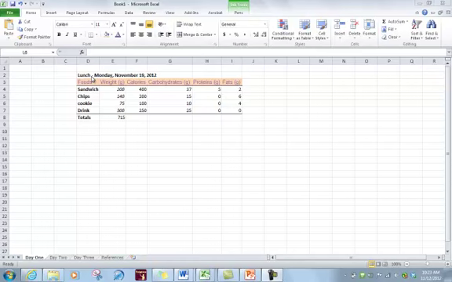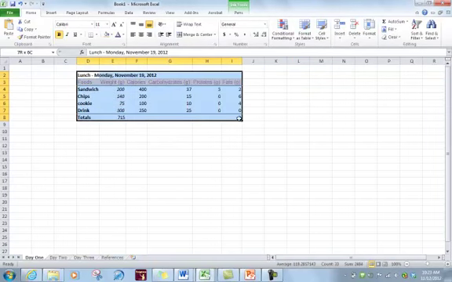First of all, you can use your copy and paste function here, just like you can use a copy and paste function in Word or in PowerPoint or other Microsoft products. So I can either select the cells that I want to copy or the entire worksheet. When I select the cells I want to copy, I'm going to start in the top left cell that I want to select, and I can just drag my mouse so that I highlight all the cells I want to copy. And if I go up to the menu at clipboard, I click the copy function, or I can use Control-C, hit copy,